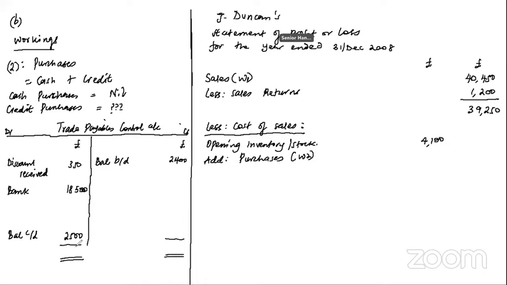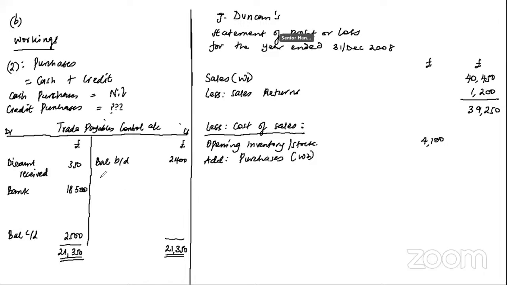So it's 350 plus 18,500 plus 2,500, and this is 21,350. Even this side should be 21,350 minus 2,400. This gives us our credit purchases figure